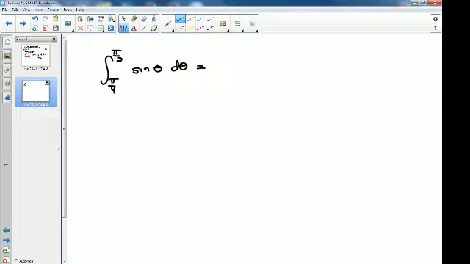What's the antiderivative of sine? Think derivatives, right? What's the derivative of cosine? Negative sine. So I have to compensate. All right, so negative cosine evaluated from pi over 4 to pi over 2 is